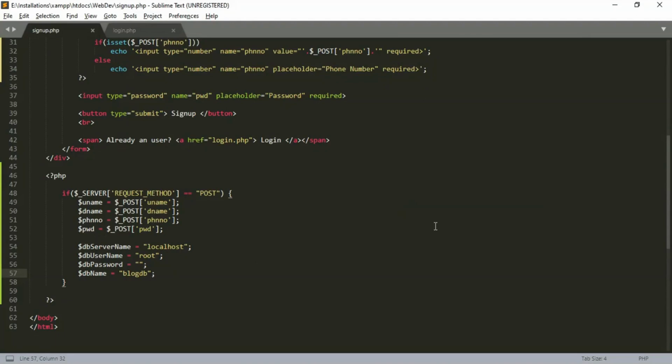Let's try to create a connection between the database and the PHP code. We already have the connection details and we use the mysqli connect to connect to the database. Let's do it now. Initialize a connection variable conn equal to mysqli underscore connect.